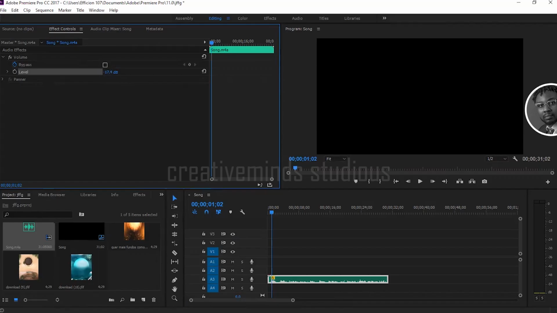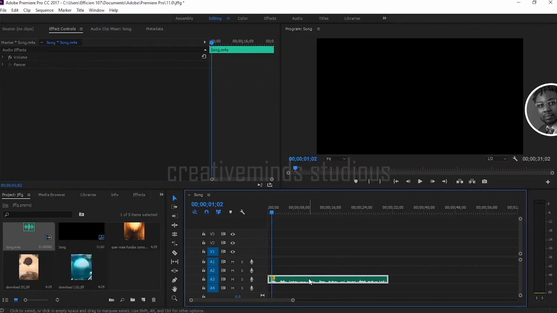All right, so that is just that about adjusting the volume of your audio to fit into your project. And right now, when you bring in your audio to your project and you go to effect controls, this is what you have automatically. This comes with the audio, right? But in some cases, the audio isn't loud enough, even after increasing it, and you want to increase it more, then you now have to come to